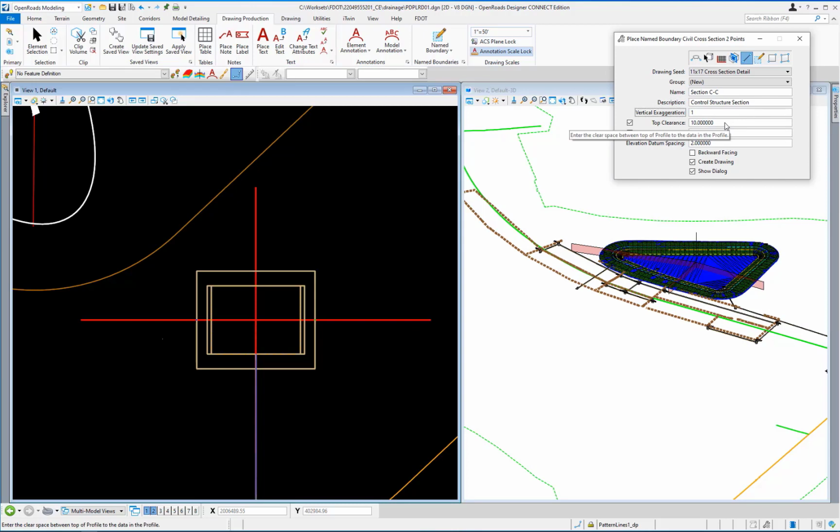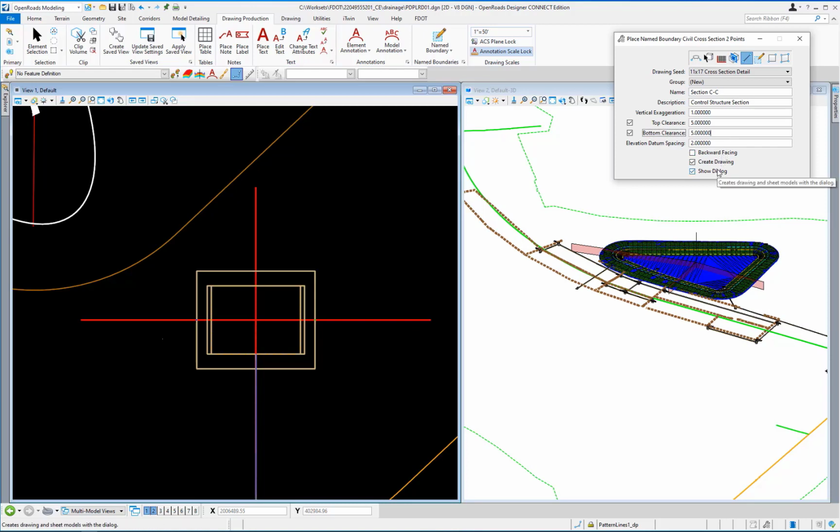The top and bottom clearance check boxes should be checked with the field values set to 5. Elevation datum spacing field should be set to 2. No check in the backward facing checkbox. Checks in both the Create Drawing and Show Dialog check boxes.